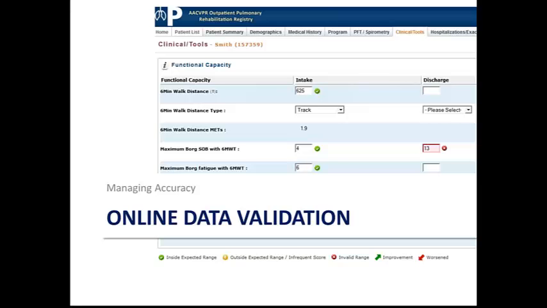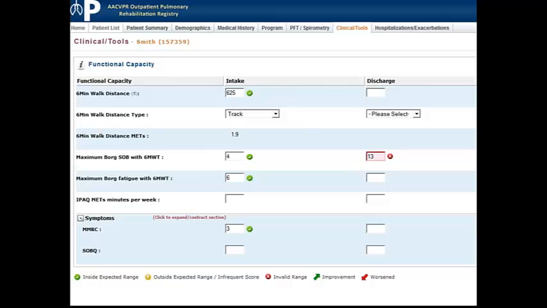So first of all, let's take a look at the first method that we have of making sure that the data that we enter is valid or not. We have a lot of background codes built into the registries so that the data you put in is filtered for accuracy. For instance, hopefully you will see green check marks after you enter a data entry.